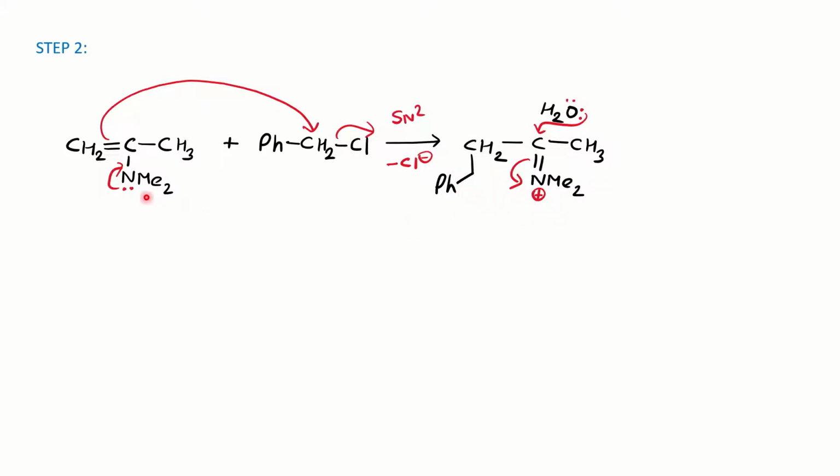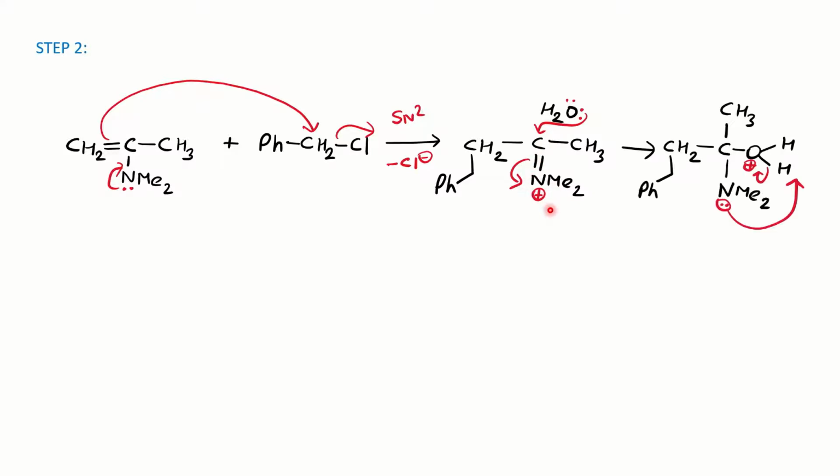Now since the nitrogen has given its electron, it got the positive charge, and we have to satisfy it. The water has already been released in the first step. So the lone pair on the oxygen will give its electron to the carbon, followed by the satisfaction of this nitrogen positive charge. Once the oxygen of the water gives its electron, it will get a positive charge. So the lone pair on the nitrogen will abstract the proton to satisfy this charge, and you will get this kind of structure.